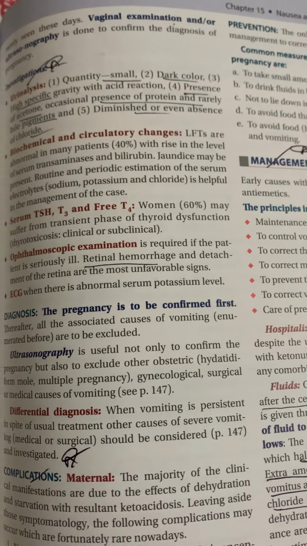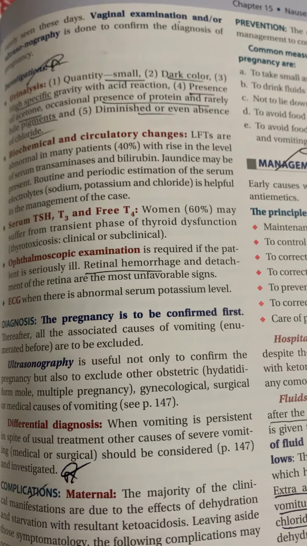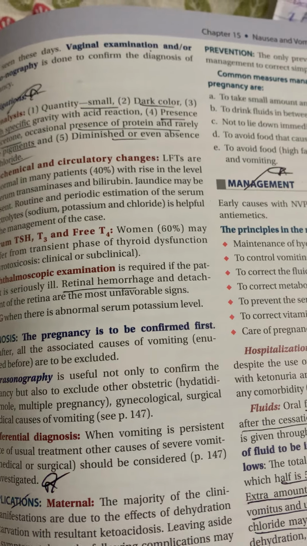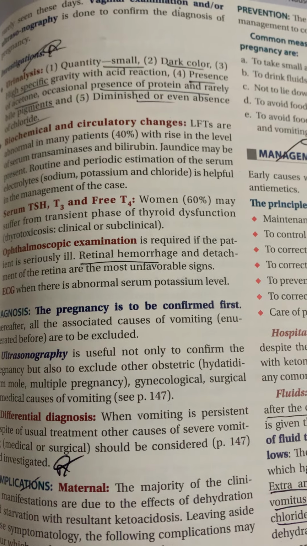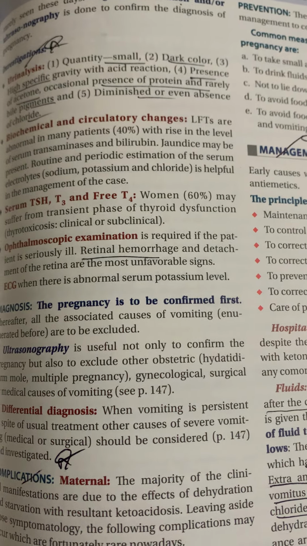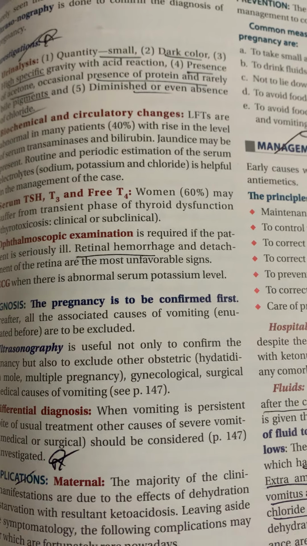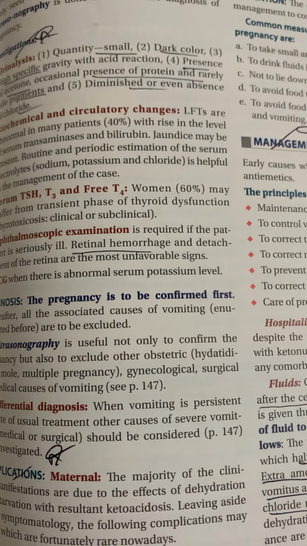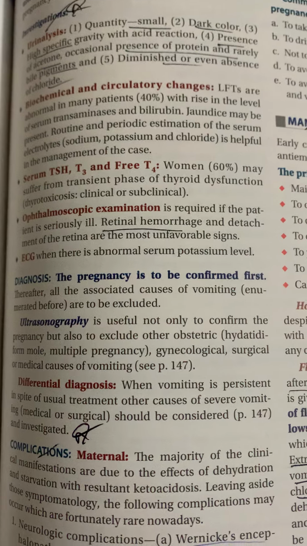So the quantity is small because of vomiting, dehydration, reduced blood supply. And it has very high specific gravity, it's very concentrated urine. Basically in dehydration, what kind of urine do we have? We have concentrated urine, right? So the quantity is less. It is dark in color. It has very high specific gravity. It can have a lot of protein, acetone and other pigments. And there is less amount of chloride because all the chloride was lost in vomitus. So these are the investigations that we'll undertake.